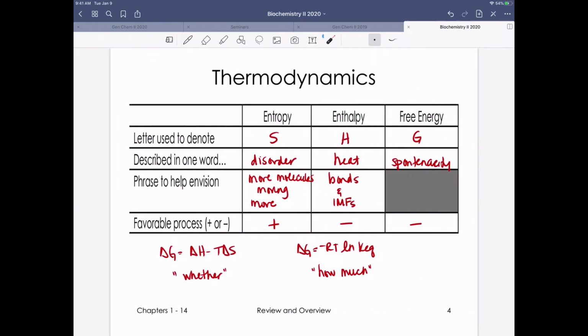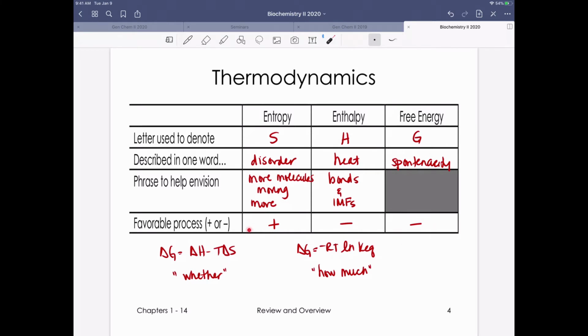Again, some basic thermodynamics, thinking about entropy, enthalpy, and free energy. So know the letters that we know to describe each of these. Describing them in one word, entropy can be thought of as disorder. We think about heat for enthalpy and spontaneity for free energy. With entropy, the phrase that we want to think about is more molecules moving more, and for enthalpy, we want to think about bonds and intermolecular forces. Favorable entropy processes are positive, enthalpy processes are negative, and free energy is going to be negative for a spontaneous